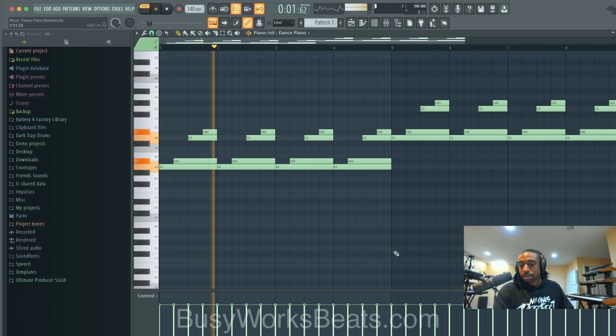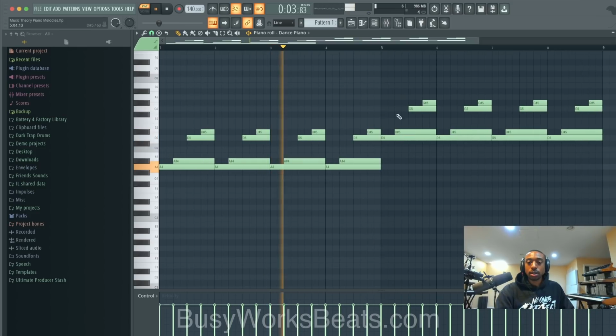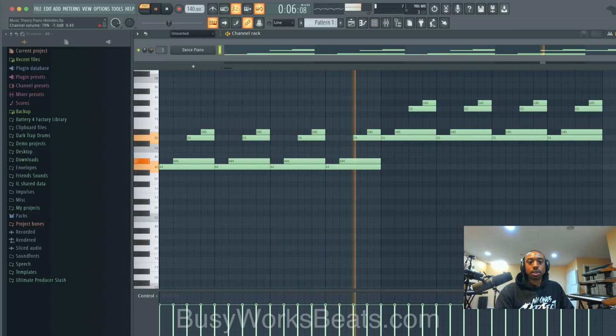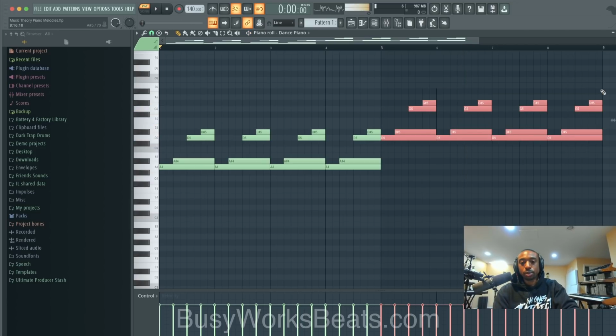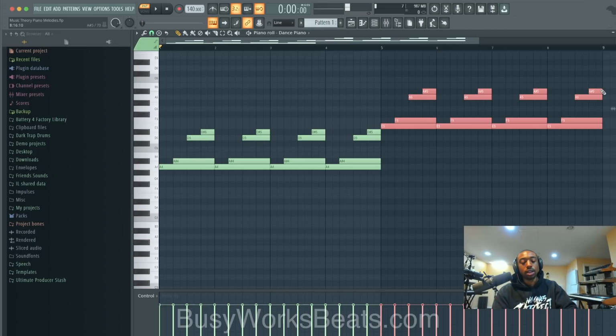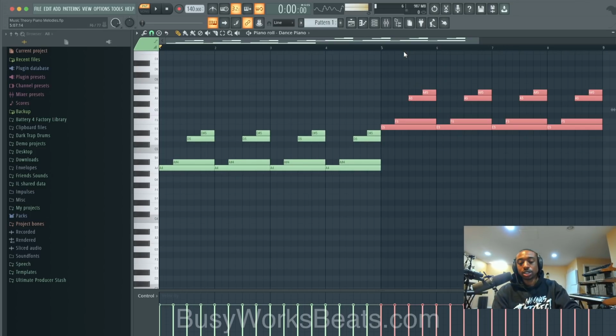So we're not messing with the velocities at all. The velocities are all the same. Let's crank this up a little bit. Let's actually pull this up to E. So this will be the perfect fifth. You don't need to know everything about everything. To do this, just hit control, highlight, hit shift up twice.